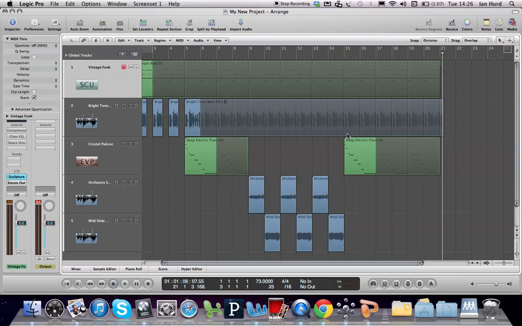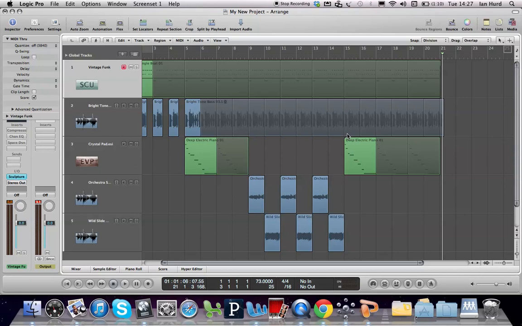Drag a region to move it, Option drag a region to copy it, place the pointer at one of the lower corners of a region to resize it either way, place the pointer in the upper right corner of the region to loop it, and we also learned some basic zooming techniques such as Option Control drag, which you do on an area to zoom in on that particular area, and Option Control click anywhere to return to the previous